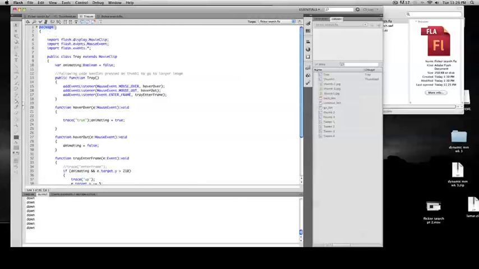So again, we have the package. Everything comes inside, so we have the imports. Import flash.display.MovieClip, flash.events.MouseEvent, and flash.events.*, the asterisk. This is what